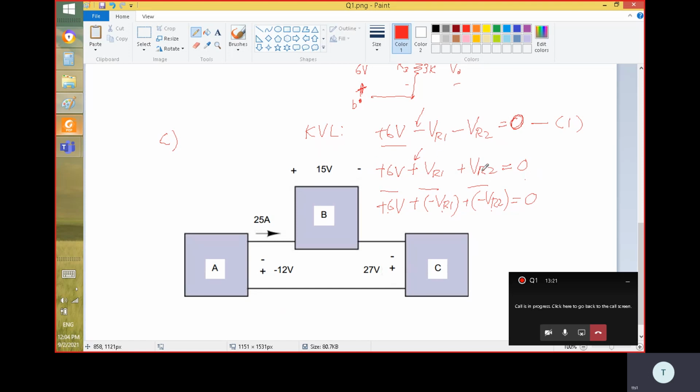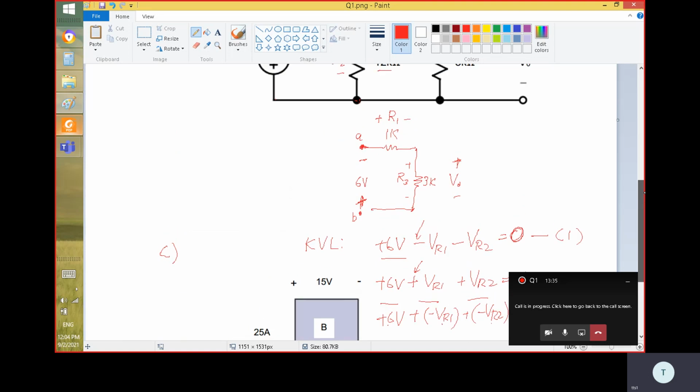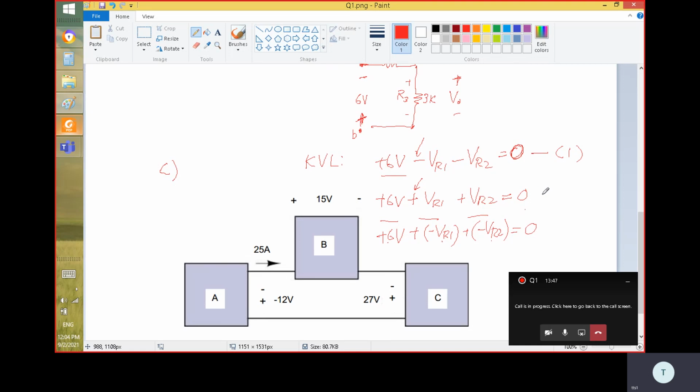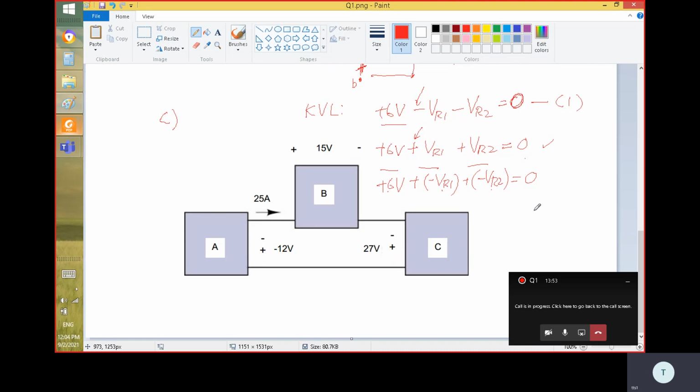But if you know basic mathematics, right? A positive number plus 2 numbers will get a 0. So these 2 must be negative numbers, right? This is the logic, right? We cannot add 3 positive numbers and get a 0, right? So these 2 must be negative. But if you follow the analysis method, plus and then plus back to 0, right? Plus here, plus here, plus here, and back to equal to 0. You can write something like this. Nothing wrong, but at the end, I can assure you that the VR1 must be a negative value, okay, and the VR2,